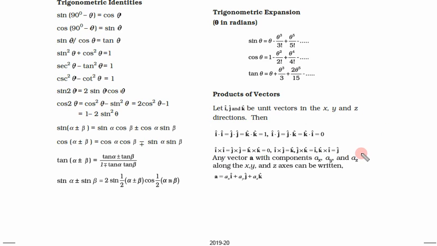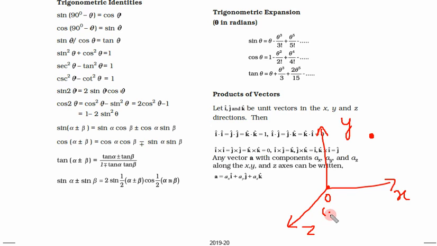So we have learned that any vector can be shown as a combination of unit vectors. So this is the x, y and z direction. This is the z direction, this is the x direction and this is the y direction. Suppose we have this point and this is the origin O. The coordinates of the origin are always 0, 0, 0. Now we want to know what is the vector of this point.